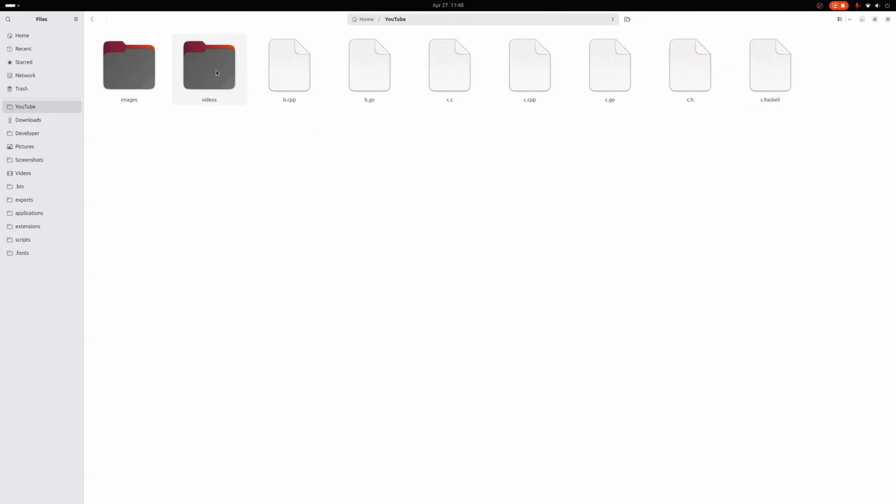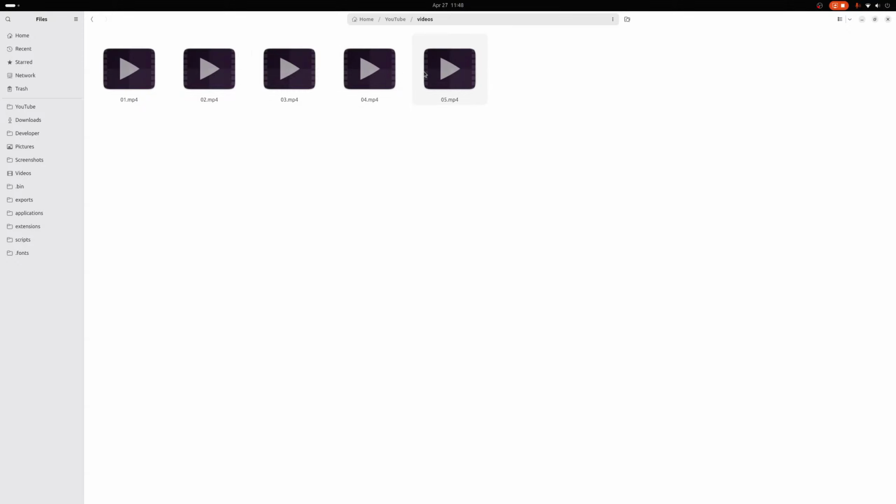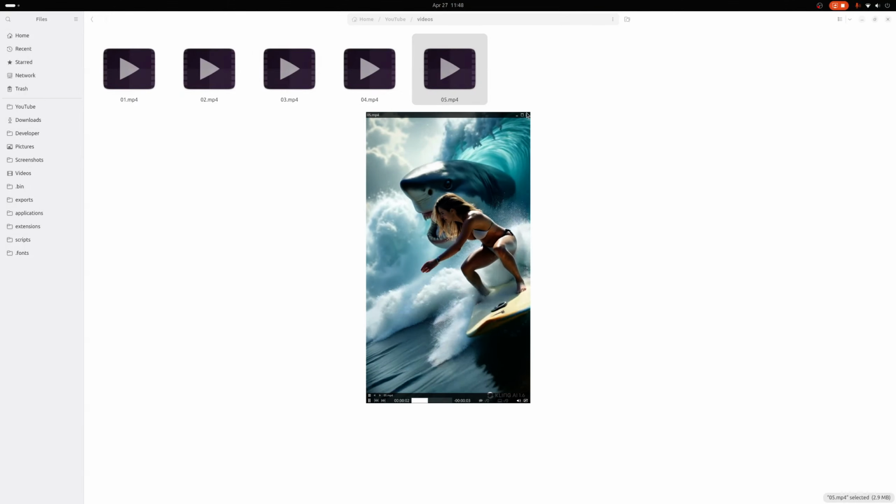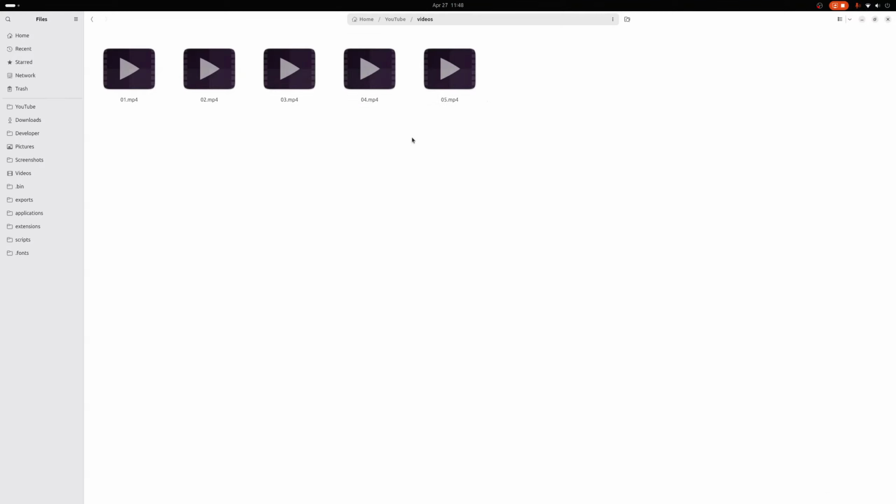Next one has to do with videos. So here I'm in my videos folder, and if I wanted to view one, you can just click it like that, obviously. What if you wanted to view multiple videos at the same time? It's not something super common, but what if you wanted to do it? So I'm going to select, let's say, all these videos,